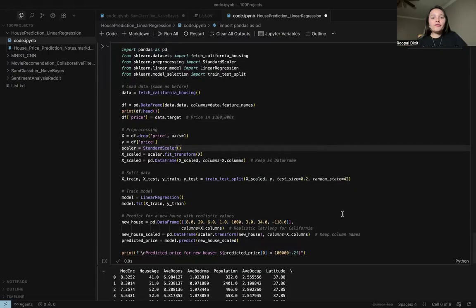So today we will be working on house prediction. We will be creating a house prediction model using a linear regression model. Before that, we will be talking about the basics of the code and the understanding of the data, because I realized that from previous videos you have to understand a little bit more about the basics of the data.